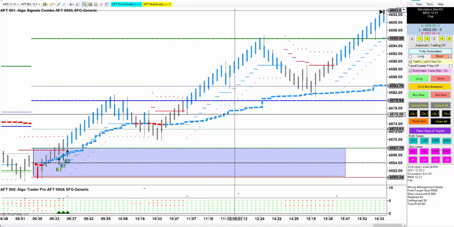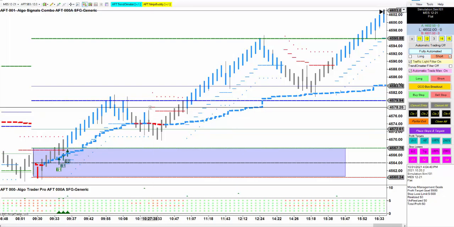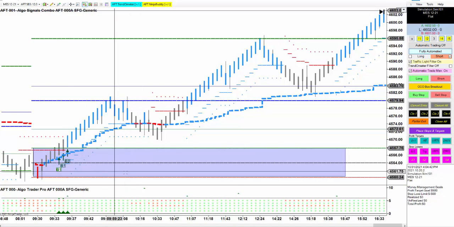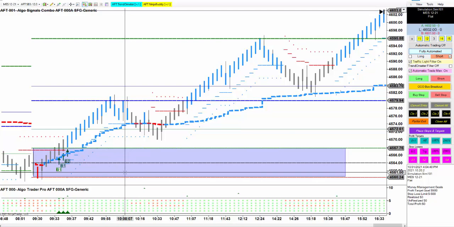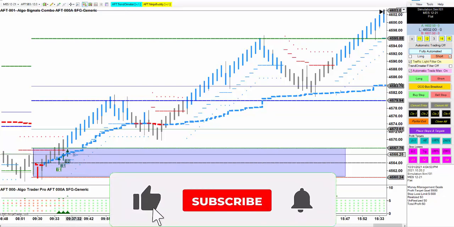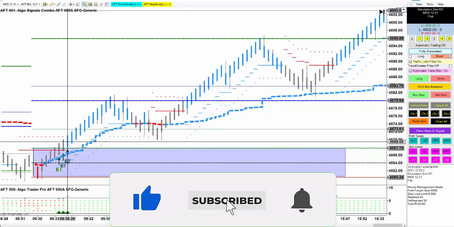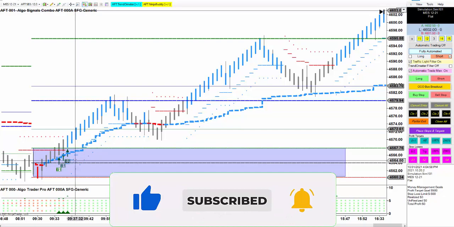And this is the Algo Futures Trader for NinjaTrader 7. This blue shaded area is what we call the no trade zone. So AFT 7 is an opening morning New York Stock Exchange breakout strategy. It looks for the market to break outside of this no trade zone, either to the upside